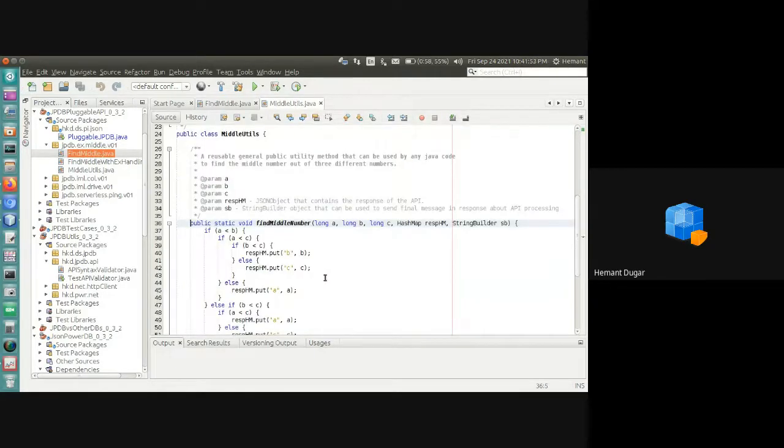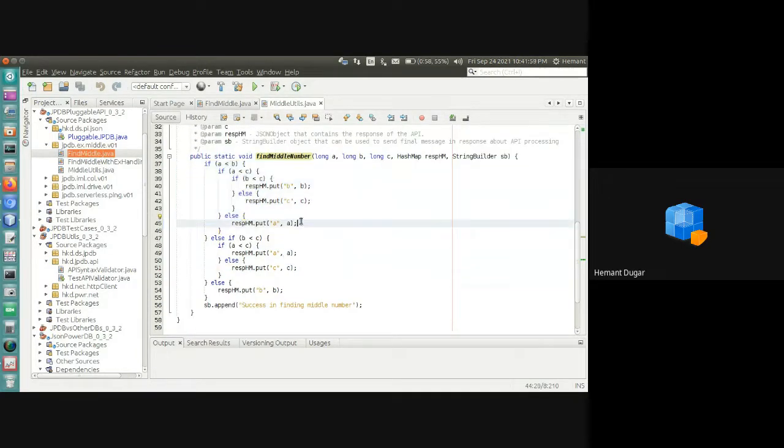You will see this is simple logic. We are not going into detail of this logic, but it will put in the hash map whether B is middle, or C is middle, or A is middle, and its value. At the end, it returns a success message, like success in finding middle number.